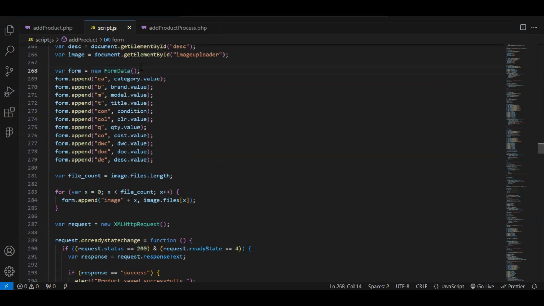We create a new form data and store that in a variable called form, and we append the value of this variable called category with the name CA to this form, and similarly I'm storing the value that's stored in the variable called brand with the name b, and appending that to the variable called form. And after that I'm obtaining the value that's stored in the variable called model with the name m, and then the value stored in the variable called title with the name t,